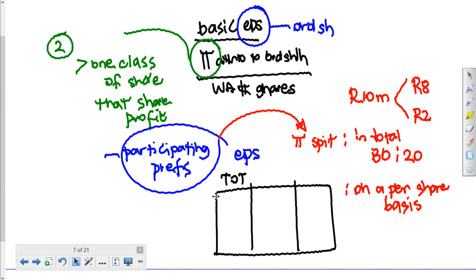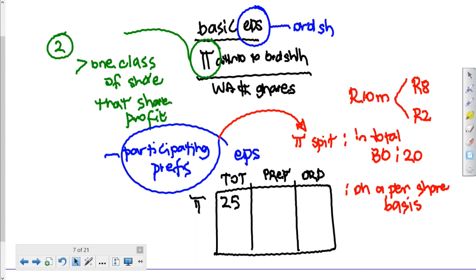It's going to have a pref column, and it's going to have an ord column. You're going to start with the profit of the company, 25, and then you're going to allocate it. This one that I've shown you here is quite simplistic, because sometimes the way